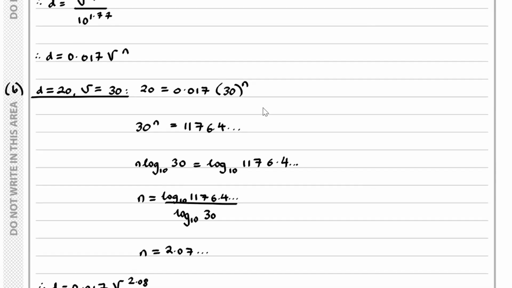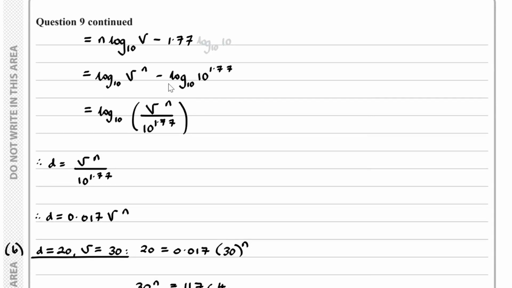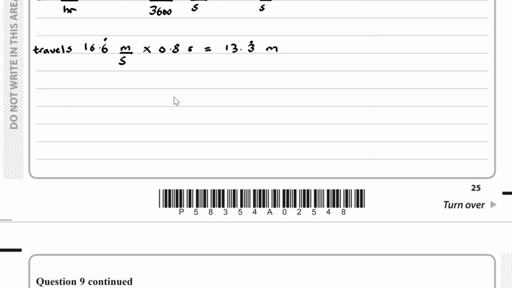So what we also know in the question is that he notices a large puddle 100 meters ahead. So therefore we can find out how much distance he has to stop. So he has 100 minus this 13.3 recurring, which is 86.6 meters to stop. Okay,